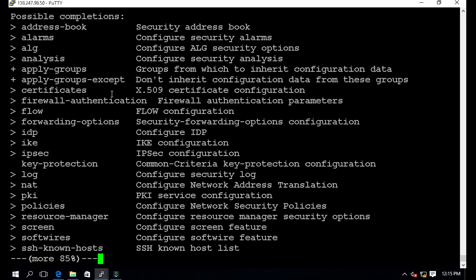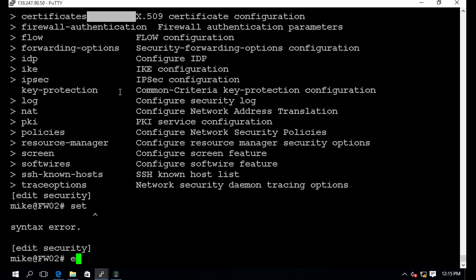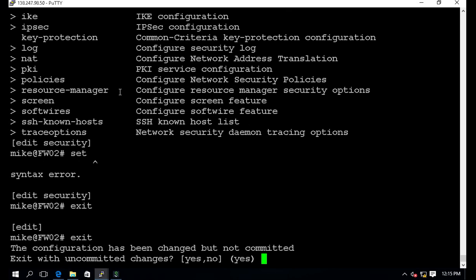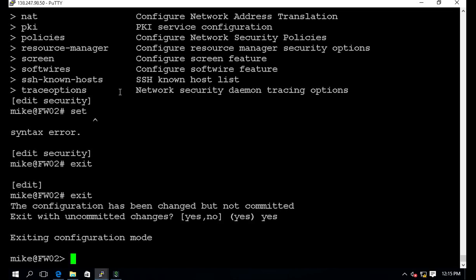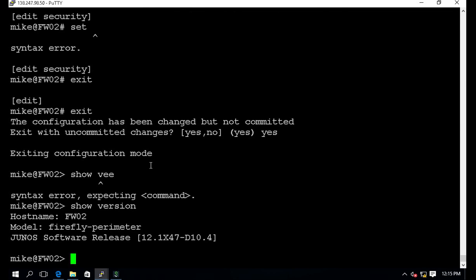if we do a set question mark, we're missing the command dynamic-VPN to actually go create that access profile. So after a little bit more digging, what I looked at is if I just exit out of this, and we can exit with those, if we do a show version, we see that we're on